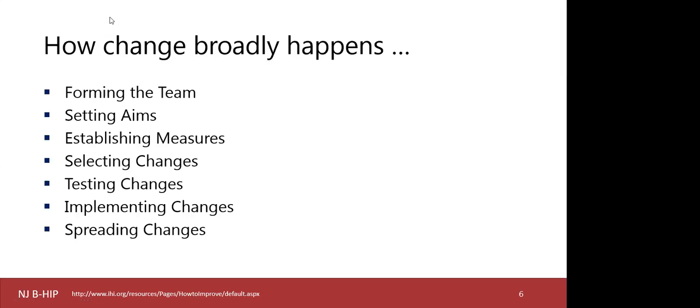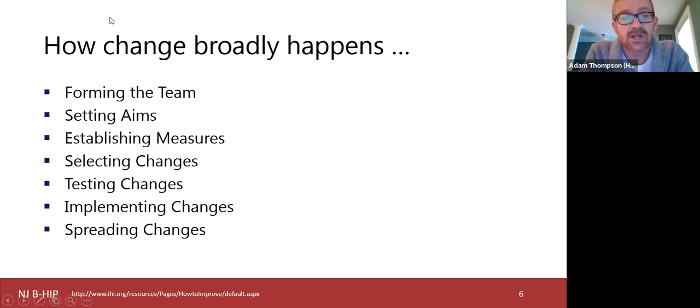So returning back to the slide, one of the ways we wanted to start out was by identifying how change broadly happens, regardless of what system you may be working in or what change methodology your quality improvement team or committee may use at your institution. Most processes begin by forming the team. Once you form the team, that team comes together, starts looking at the problem, identifying what work needs to be happening, what projects need to take place in order to achieve the goals, and they begin setting aims, really guiding